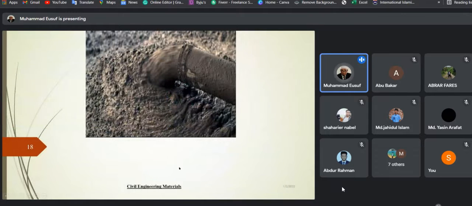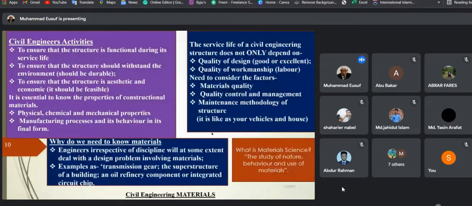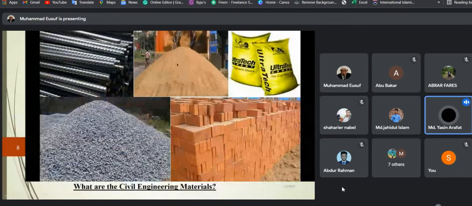This slide, do you recognize it? Do you know what it is? Concrete, sir. Okay, concrete. What is concrete? An artificial stone. We make the concrete by mixture, right? Yes, sir. A mixture of